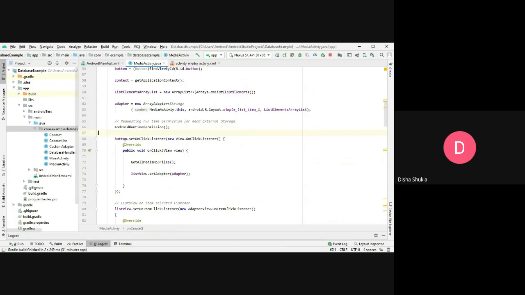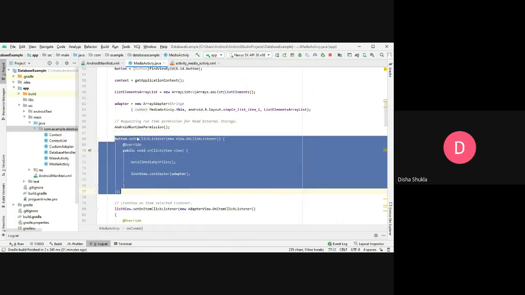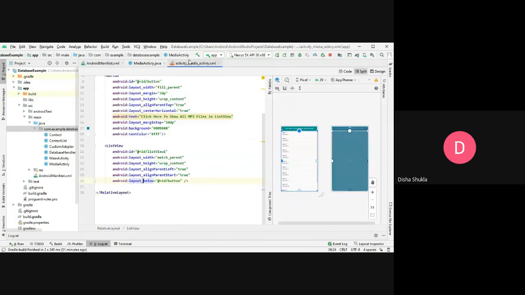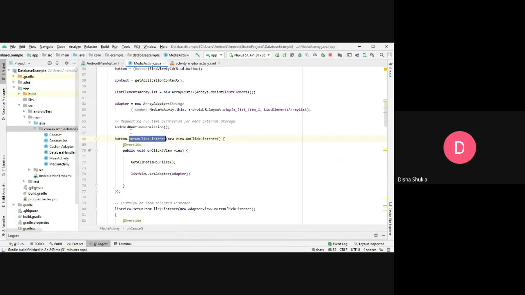After that, moving on to this portion, from here this method was called. So after that, I have created the on click listener of this particular button. So button dot set on click listener. Now whenever this button is clicked, the button that I placed inside this XML file, the first button, so when I go and click on that button, what will happen is,